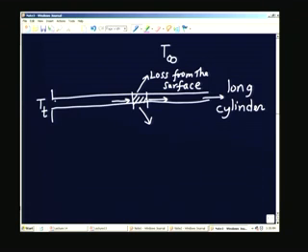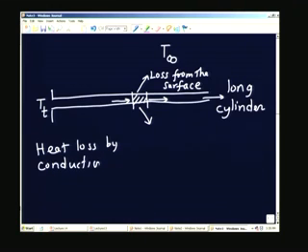So, the heat transfer is proportional to, the heat loss by conduction is equal to T t minus T infinity. This is the temperature difference available for heat transfer, multiplied by a factor which we get from the theory, by basically solving the equation governing the problem. And I am not going to solve the problem, I am just going to say that this is going to be shown to be equal to